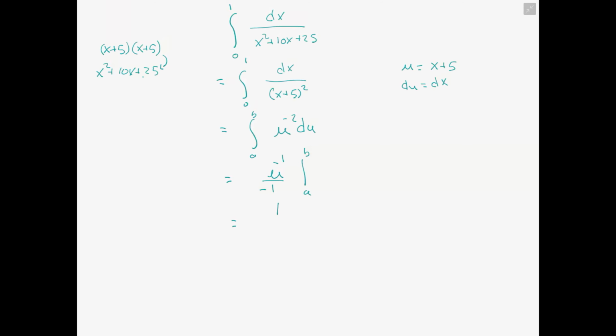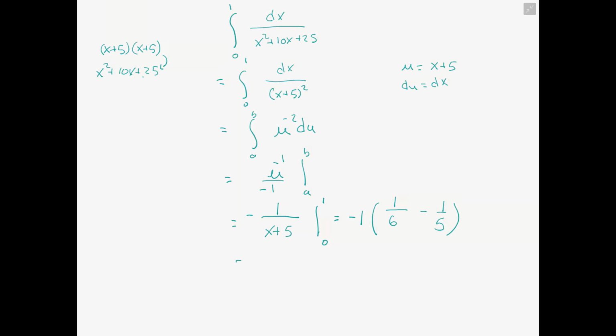This turns out to be u to the minus 1 over minus 1, evaluated between b and a. Plugging back into the original function, we have 1 over x plus 5, with a negative sign, between 1